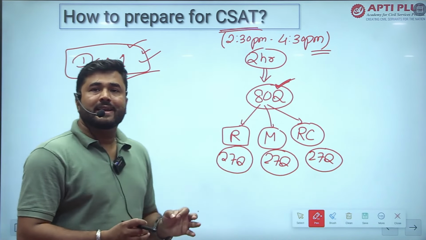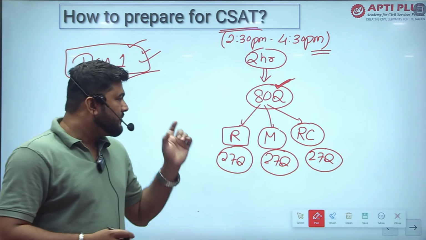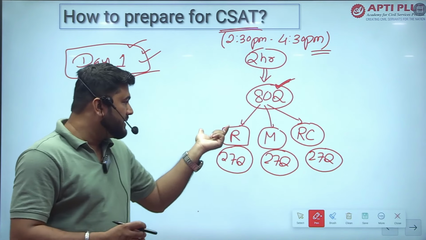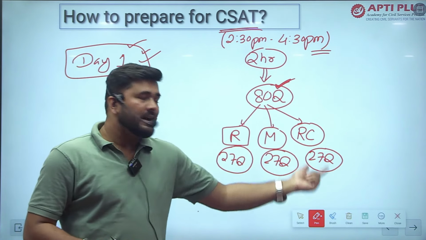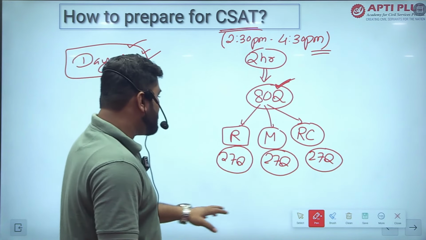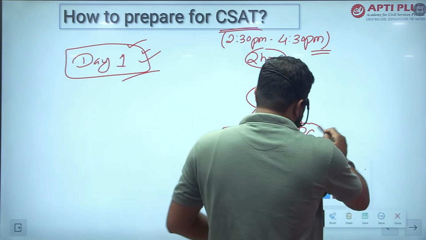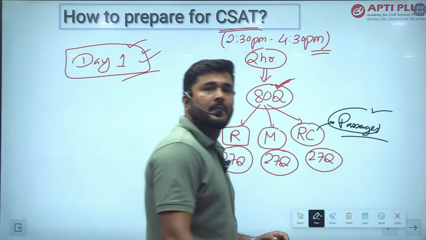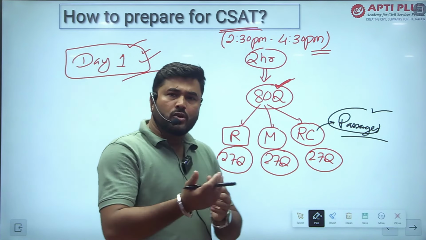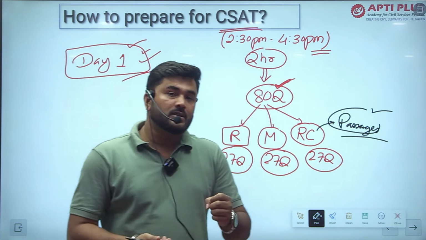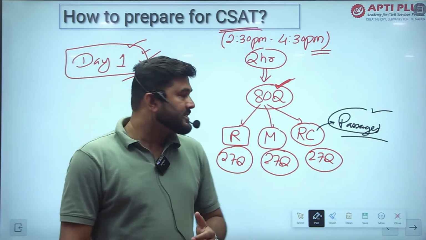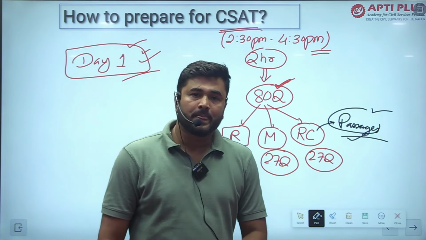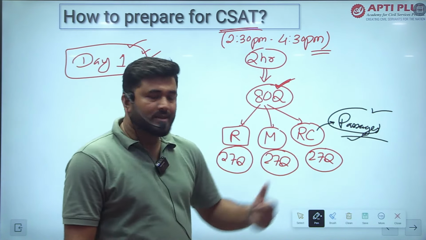So do proper planning from day one: first analyze the syllabus of the reasoning section, the mathematics section, and the RC. In the English section, only RCs and long passages are asked. If you get a proper comprehension and understanding of the concepts in a given passage, then after analyzing it you can easily answer the given questions. So there is only the RC section in the passages.